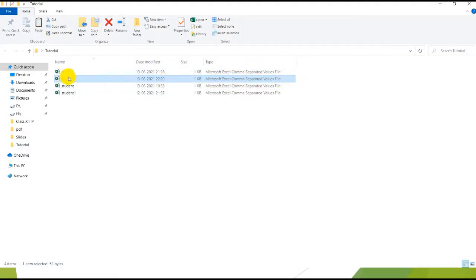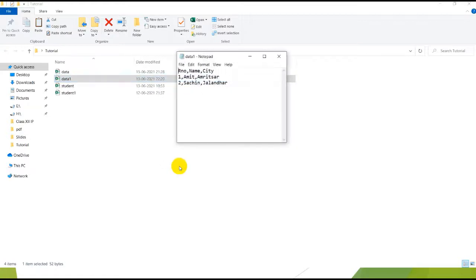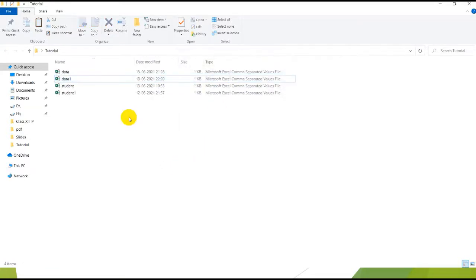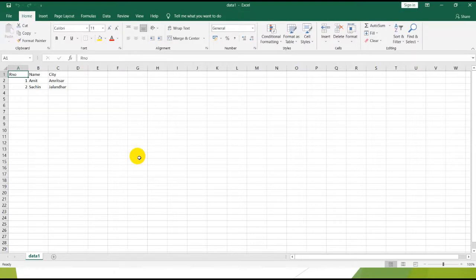So this file, if you right click on it and open it using Notepad, you will see the file contents separated by comma. And when you double click on it, this file will be opened in MS Excel. So it is just a plain text file that is separated by commas and saved with extension .csv.